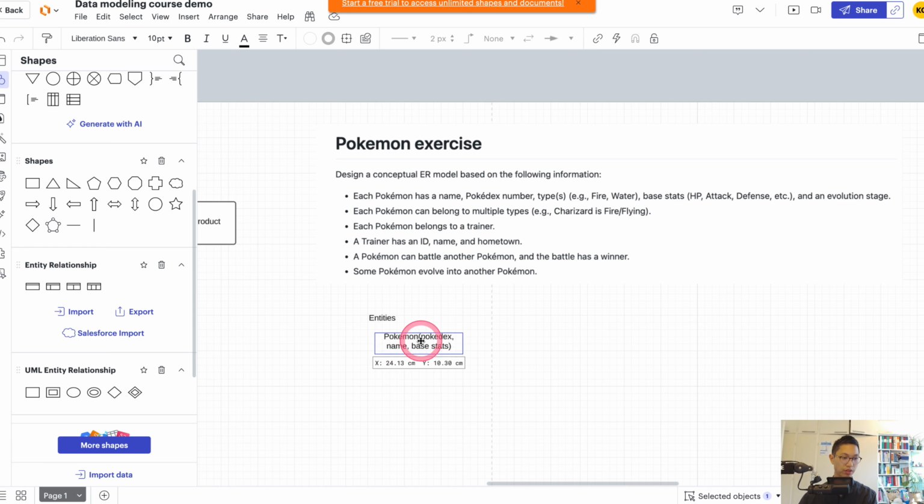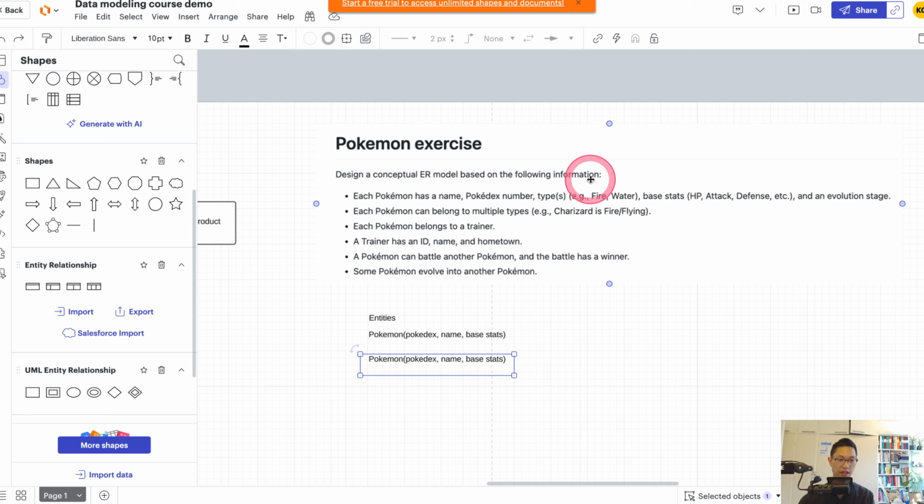So this is Pokemon. Actually, we won't use the attributes in the conceptual model. Instead, when we come to the logical model, we'll be using the attributes. However, it's nice to just write out the attributes, so we'll have the entity and the attributes so that you know which type of things need to be an entity or not. For example, they say also that Pokemon has Pokédex number and types. Note that we have types. So that means that should be an entity by itself,